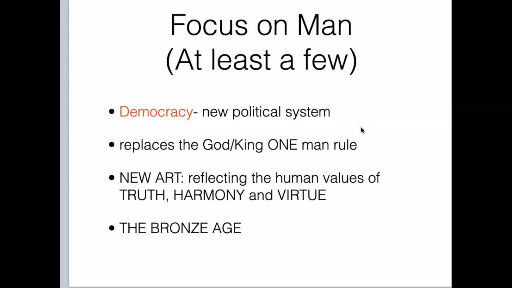And I think that's one of the reasons that when you look at government buildings in our country and in many countries around the world, not just the United States, a lot of the government buildings look like Greek temples, right? Think about the White House. Think about even our US Supreme Court. We'll talk about that. So democracy represents a new political system that replaces the God-king rule, right? That the God and the king are all wrapped up into one man. And we saw that in the ancient Near East and certainly in Egypt among the pharaohs.